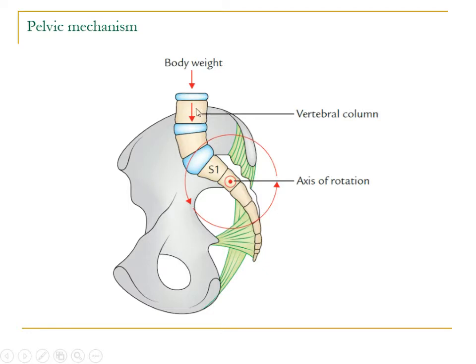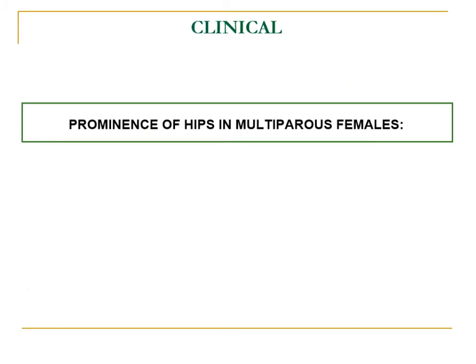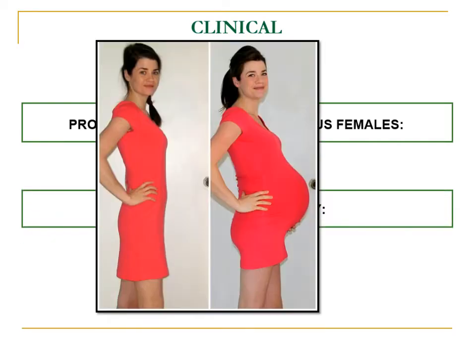And because of this anterior tilting of the lumbar vertebrae, there occurs a difference between the line of force transmission and the line of gravity. And because of that, the woman may fall down. So to prevent falling down, the woman deliberately tries to lean backward and move like a lord to prevent falling anteriorly. So the gait during pregnancy is a lordotic gait.